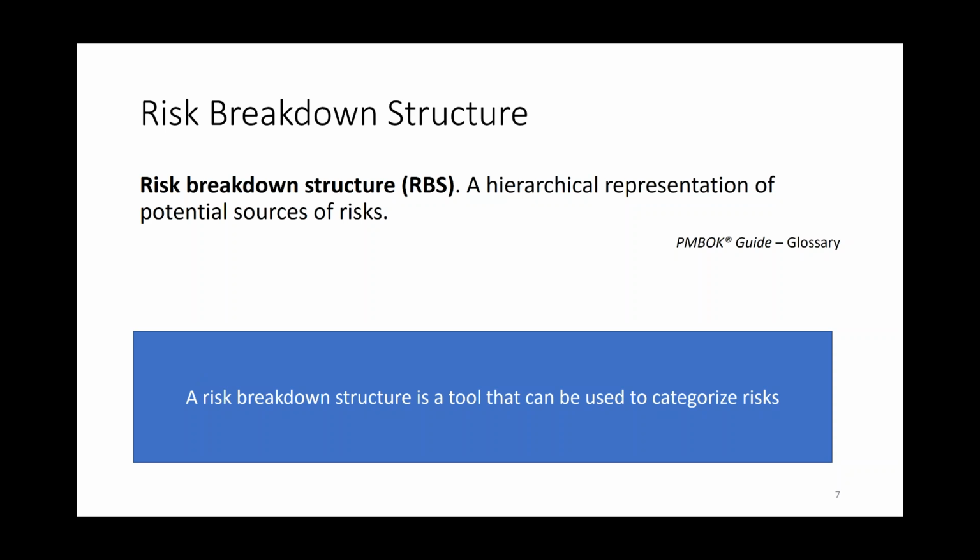So if I say there's a risk pool or a category called vendors, and then one of the vendors is associated with the equipment vendor. Okay, now I can say, what are individual risks associated with the equipment vendor? Well, the equipment may not be available, or the equipment may not be the right equipment that we want, or there may be an equipment breakdown, which could cause a schedule delay. Those are 3 individual risk events that I've just named, but I might not have thought of that unless I could break down and look at the categories.